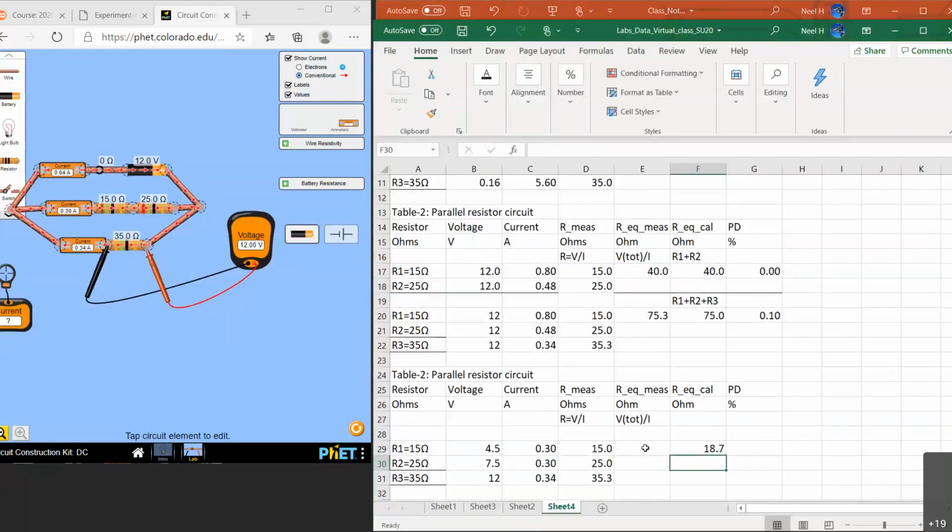Okay, how to get the measured effective resistance or the measured equivalent resistance? That you can do by knowing the total current passing through all the resistances, which is actually 0.64, adding these two currents together, and the total voltage across the whole circuit is 12, right? So I can do this measured value equal sign,